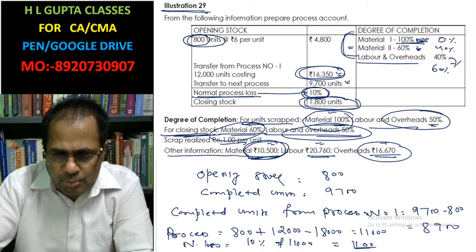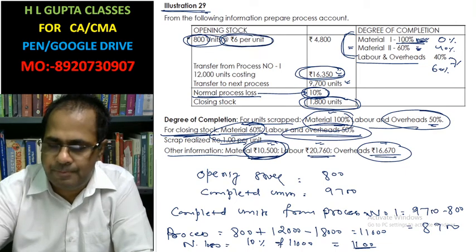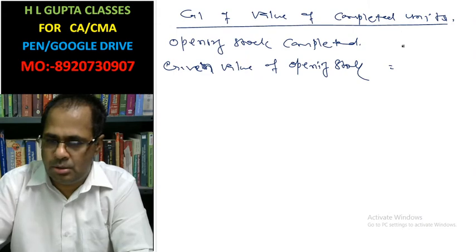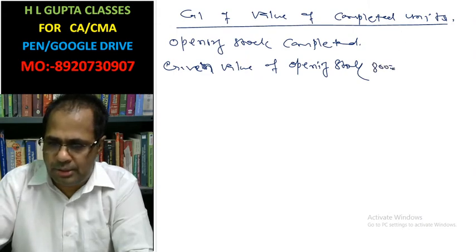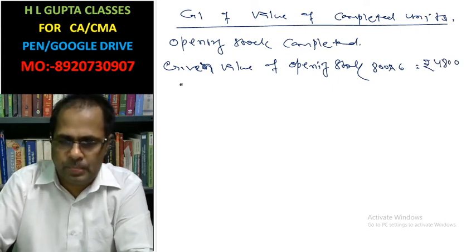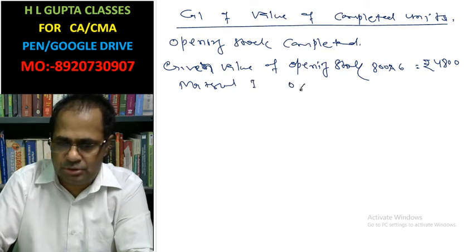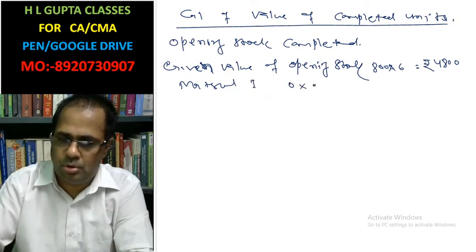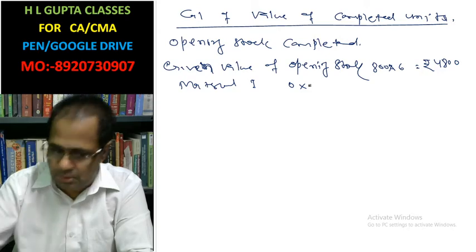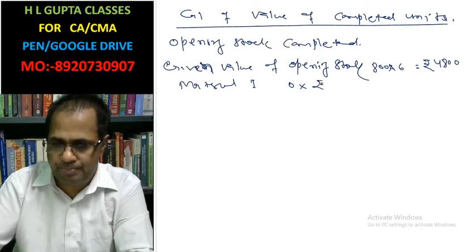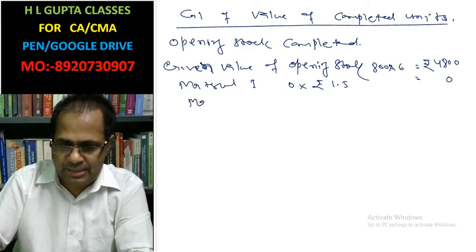800 units are opening stock at the rate of rupees 6. 800 into 6 equals rupees 4,800. Material first, cost rupees 1.5. Material second,